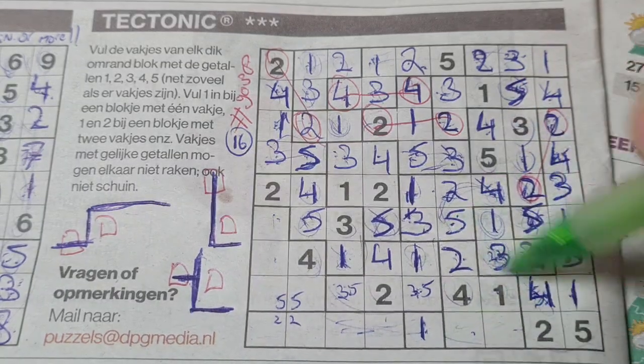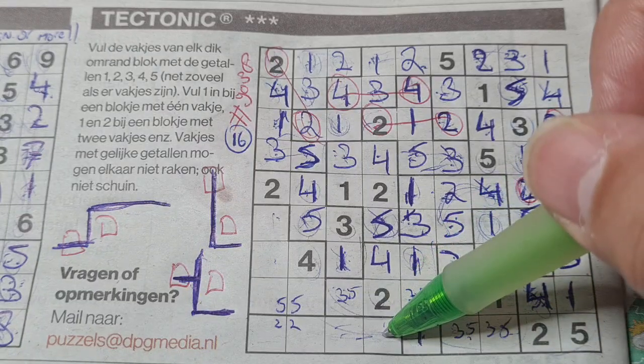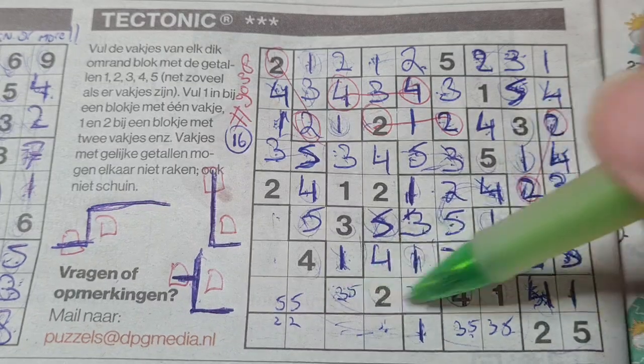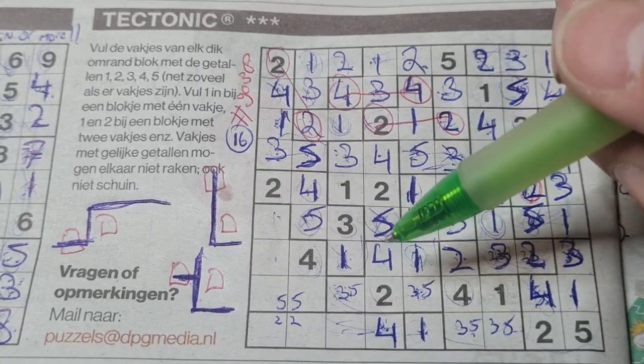2 numbers left in this area for numbers 3 and 5. 3 and 5. Okay. This box can be a 1, can be 2, but also can be a 3. We have a 3 in one of those 2 boxes. So 1 digit left should be the 4 then. Okay. And then,